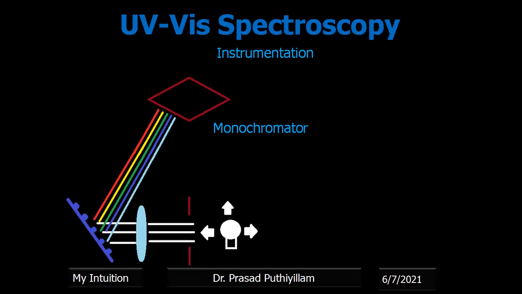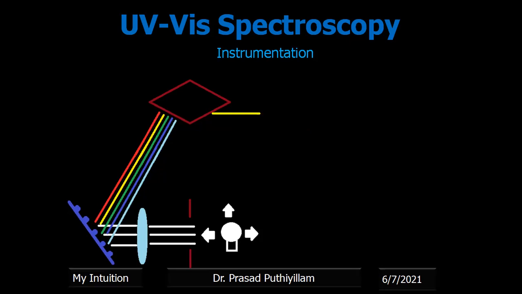By adjusting the monochromator, we can have a particular wavelength of light. Here it is represented with color to understand. From the VIBGYOR, only the yellow color is separated. Even UV rays, which do not have color, can also be separated by using a monochromator. So we will be getting a monochromatic light.